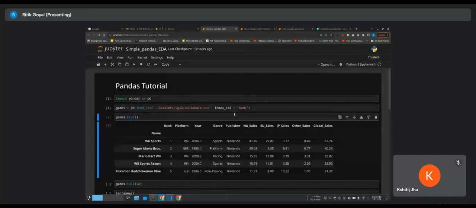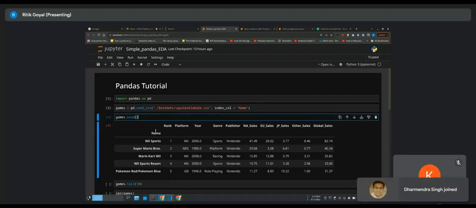We have read the data and told it to treat our name column as the index. We are just showing the head, to see how our data looks: name, rank, platform, year of release, genre, publisher, sales in different regions,